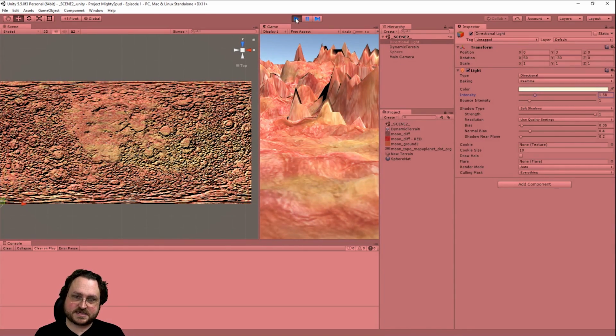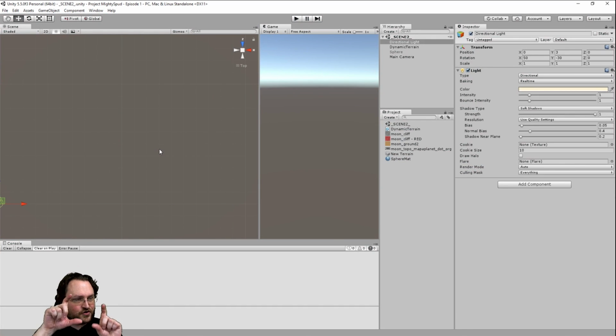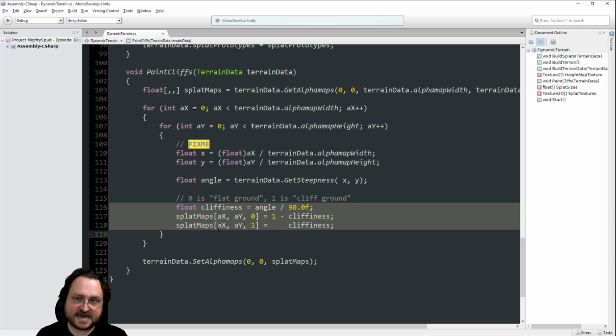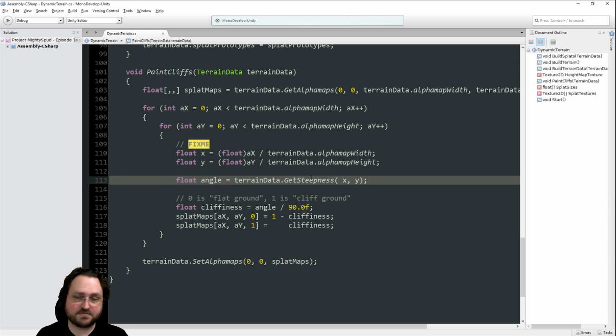The problem is this. Remember that our terrain has the X and Y coordinates inverted. So it's tilted. The diagonal axis that cuts the screen, I'm doing it right on me, but that cuts the screen this way, is mirrored, because the X and Y coordinate system of the terrain engine is flipped, which means there's a mismatch here between how we're painting our splats and how we're pulling the steepness.